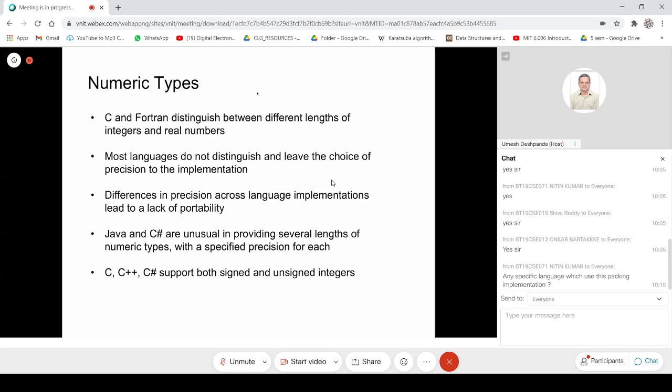And typically, the compilers will take this int as the native implementation provided by the hardware. So hardware supports an integer type in some way. For a 32-bit machine, we have an integer of size 32 bits.